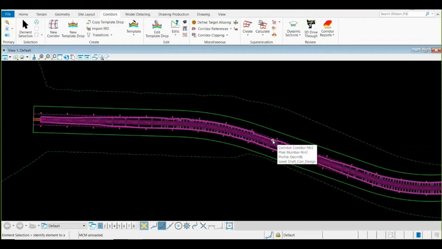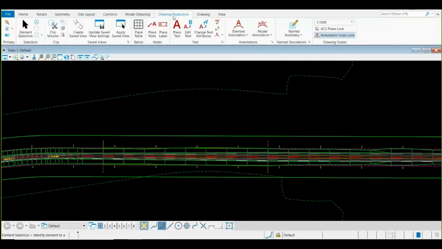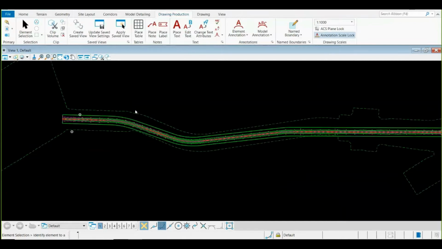You will be seeing your highway point, or sorry, road template points to be super elevated with respect to the crown only within this drawing production. If you notice, there are multiple subsections, and the most important is your name boundaries. What I mean by name boundaries is that you are going to divide or cut your complete horizontal as well as your vertical plan or profile in your sheets, the final sheets.